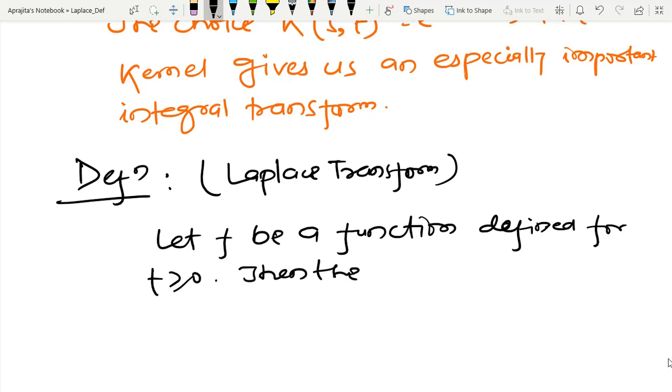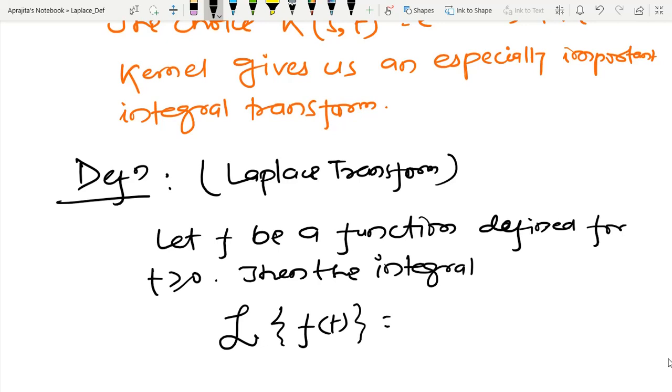Then the integral, and I am going to denote the Laplace transform like this, L{f(t)}, that is the integral from 0 to infinity of e power minus st f(t) dt,